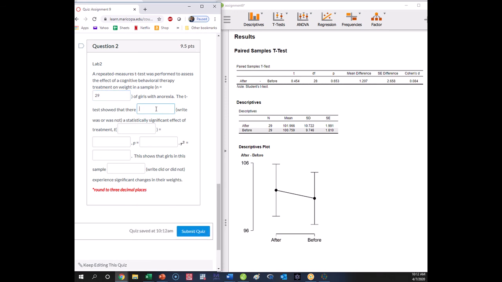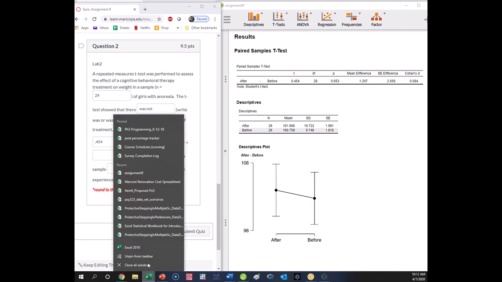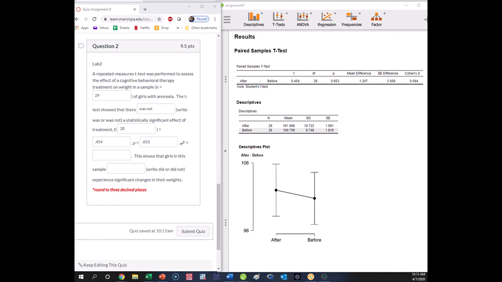The t-test showed that there was not a statistically significant effect. The t with 28 degrees of freedom had a t-value of 0.454, to 3 decimal places, and the p-value is 0.653, to 3 decimal places. The r-squared value is not what is calculated for us. Oh, bummer. So if you remember, how do we do r-squared? Well, r-squared is t squared over t squared plus df. So we can calculate that